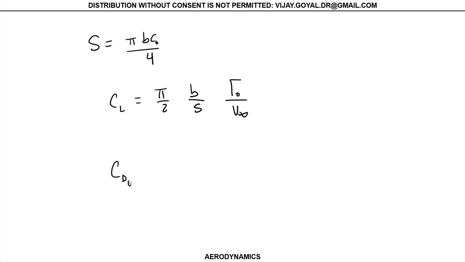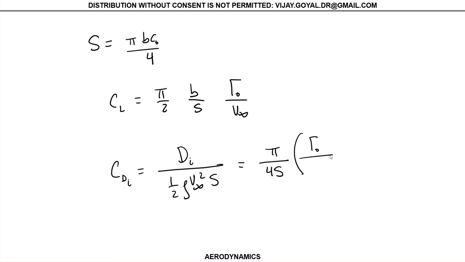Then your CDi will equal your Di over 1/2 rho V squared S. And this total thing is equal to 4 times S, gamma sub 0 over V infinity squared. And you can replace all these values in there and show that the whole thing gives you pi